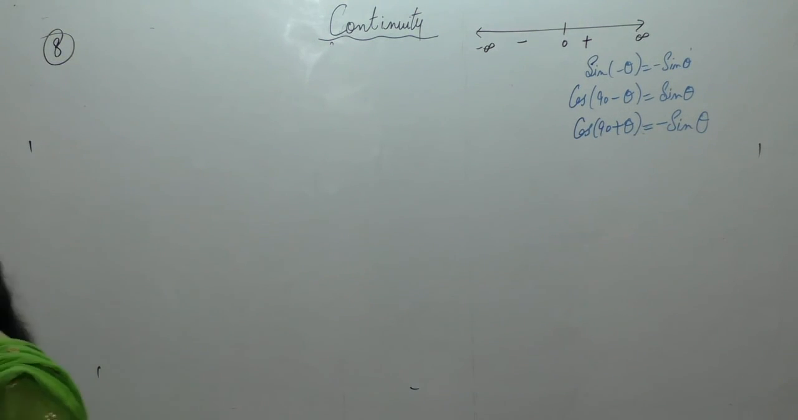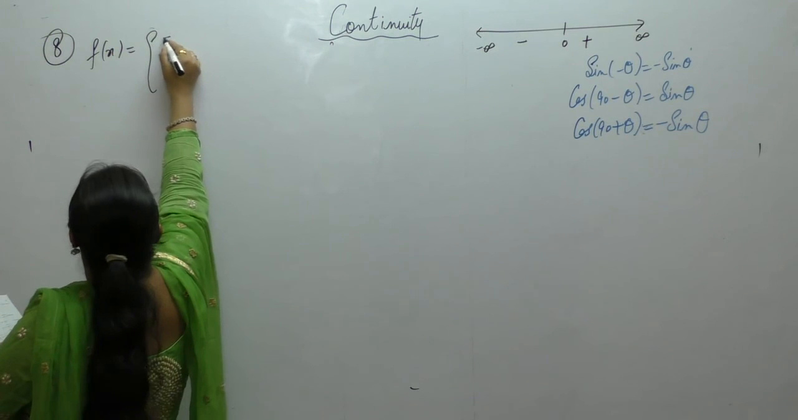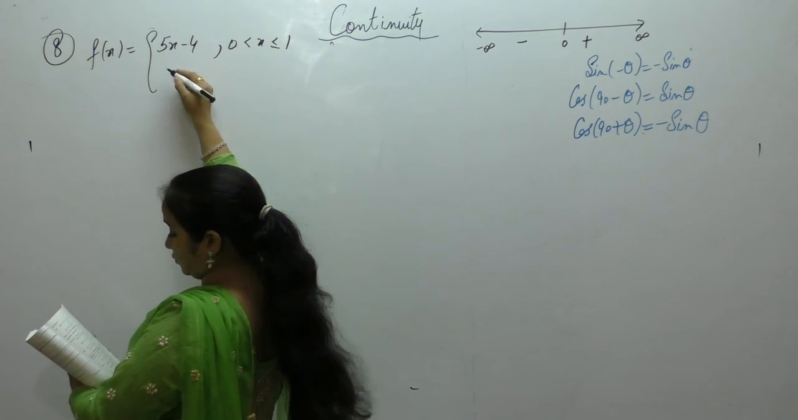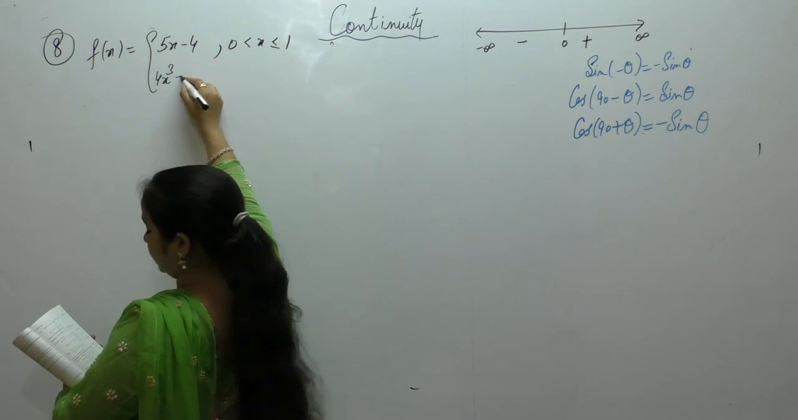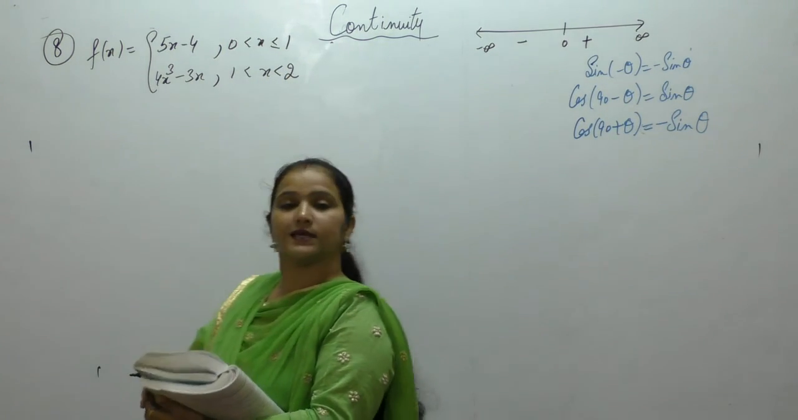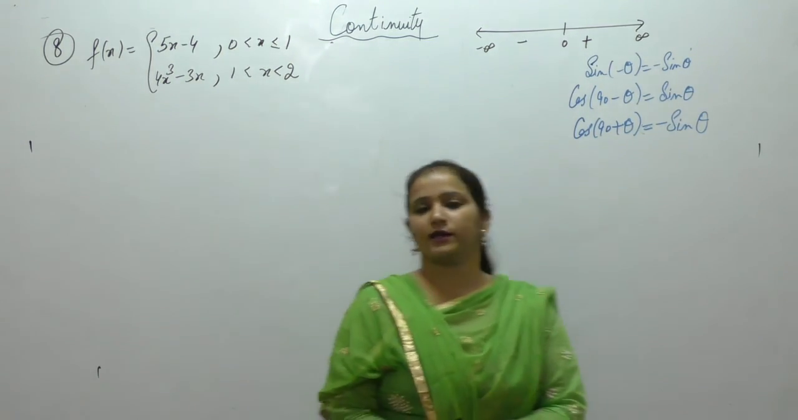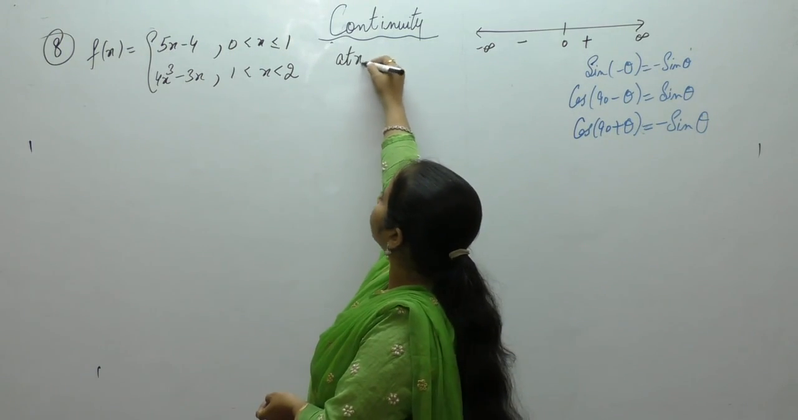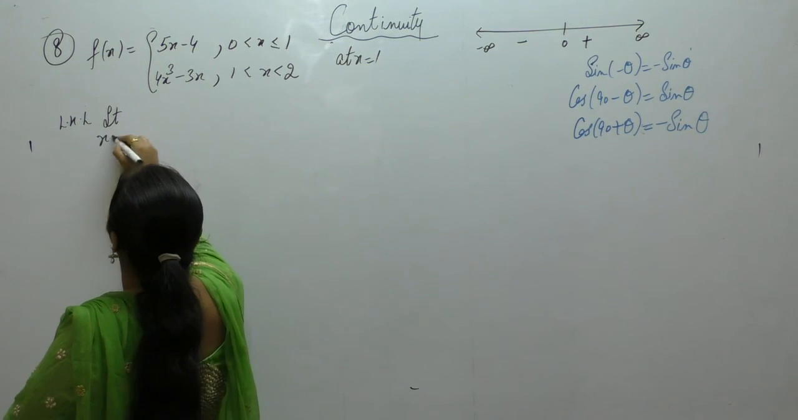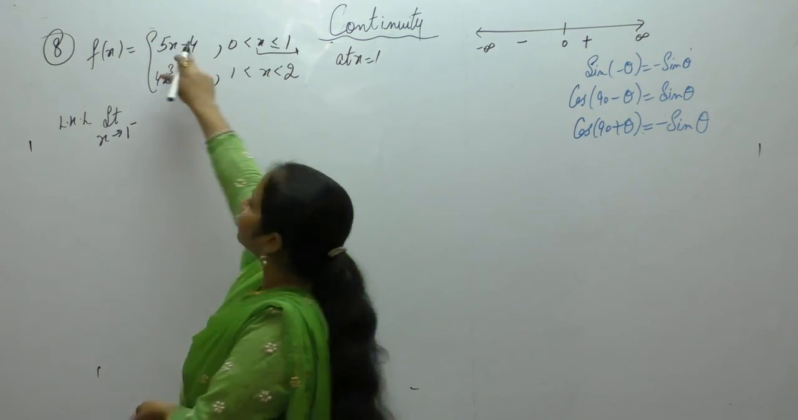Now next one. Show that the function f of x is equal to 5x minus 4 when 0 is less than x less than or equal to 1, and 4x cube minus 3x when 1 is less than x less than 2, is continuous at x equals 1. We want to check that this function is continuous at x equals 1. So find the left and right hand limit. Left hand limit, x tends to 1 negative. When x is less than 1, then the function has value